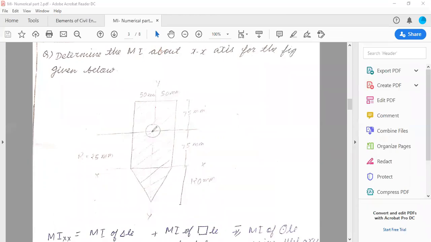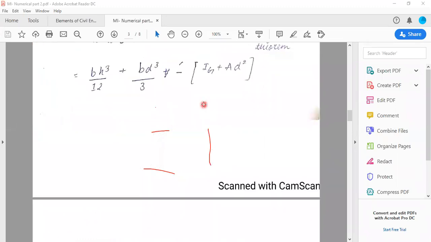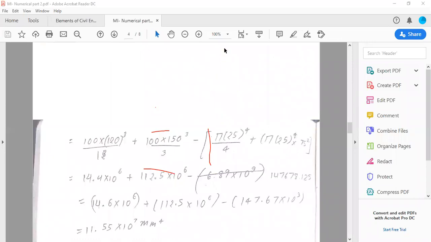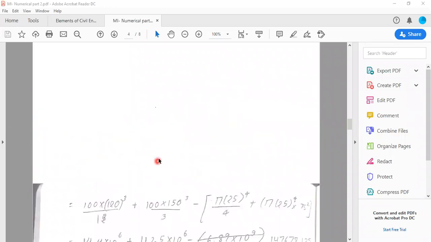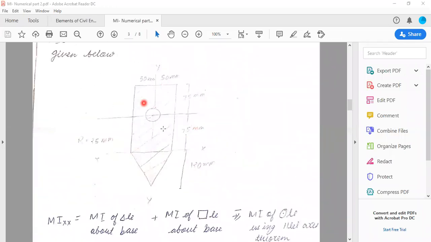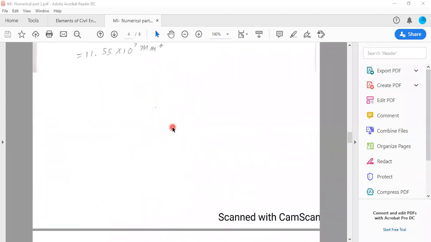Okay. So this is the CG of the circle. This is the base. So this distance is 75. Right. So you will notice here now when I'm substituting for the same, it is 100 into 120 cube by 12, 100 into 150 cube by 3 minus I self plus A, pi r square by 4 into d square, 75 square. Okay, substitute, you get the answer. So this is a very simple example where I have a rectangle about the base, triangle about the base, and the circle. Clear? Next,